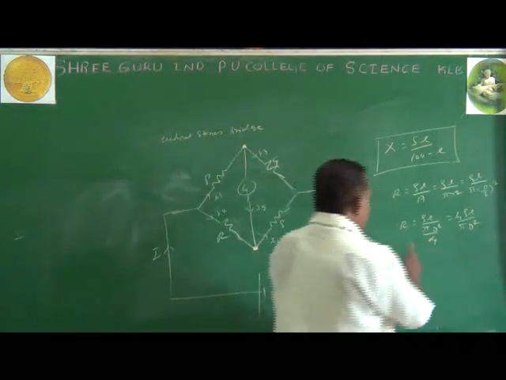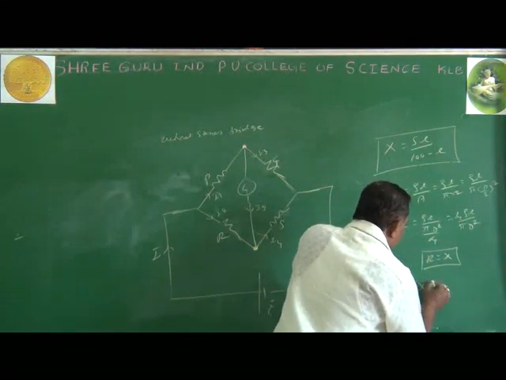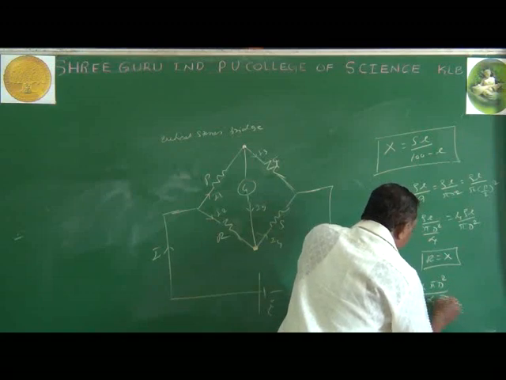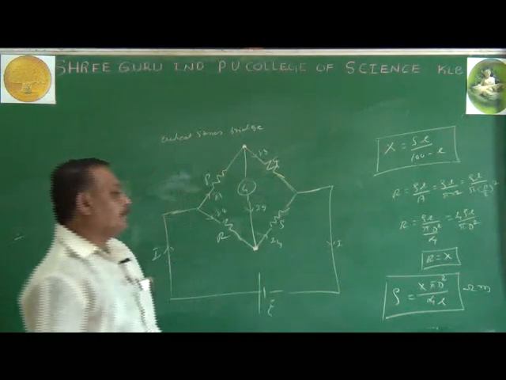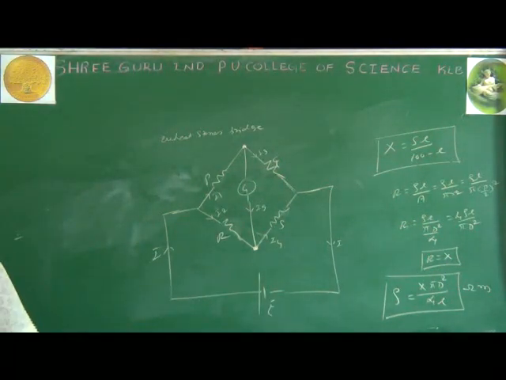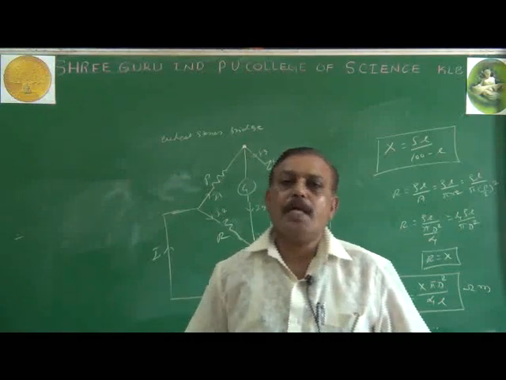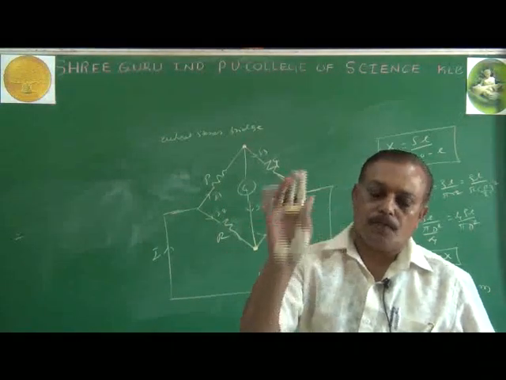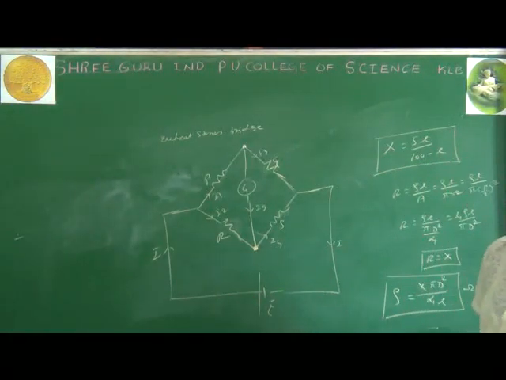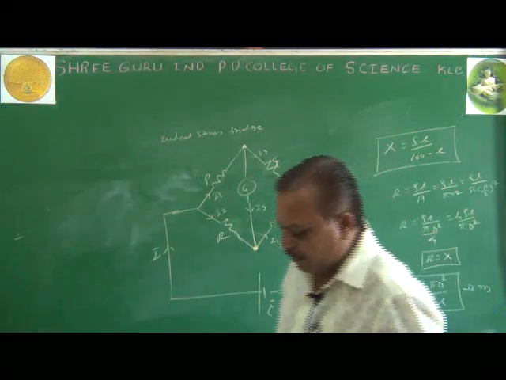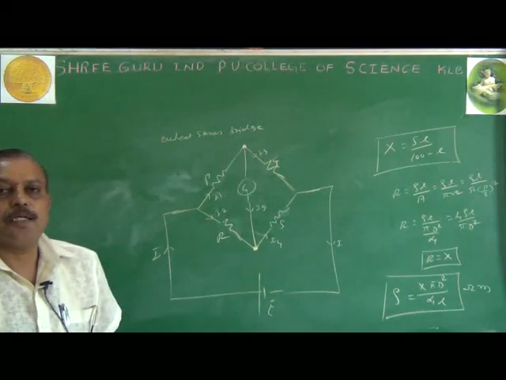Then I want to have the resistivity. Here R is nothing but X, the unknown resistance. Then replace R by X: X pi D square divided by 4 equals rho, in terms of ohm-meter. By using this equation, we can calculate the resistivity of the material of a given wire by using the meter bridge. The meter bridge is based on the principle of the Wheatstone network. These formulas are easy, and everything will be easy. The approach should be in the proper way. Understood? Okay.